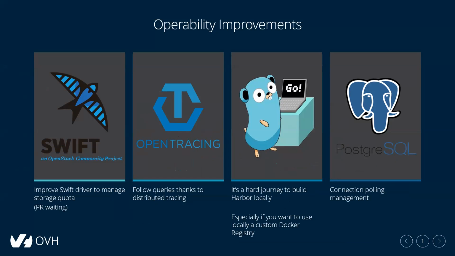Essentially about making Arbor more operable. For example, we saw that we have some bugs in production. Bugs happen, and it's sometimes very difficult to dig into those bugs because of the way Arbor is architected: it doesn't come with integrated tracing. So we are wondering if some of you are interested in implementing tracing in Arbor. If so, we would be really interested to have your feedback and to discuss that together.